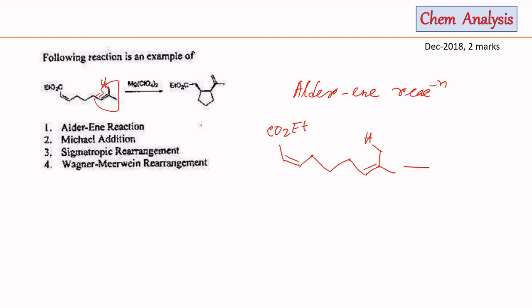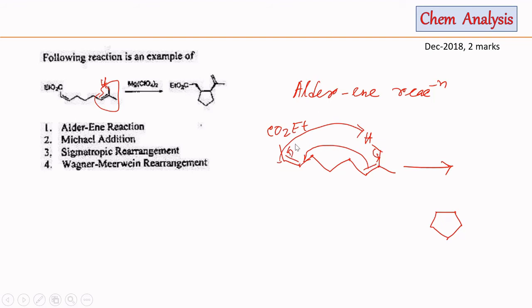The reaction is happening like this: this double bond can attack here, here will be the opening of the double bond, here will be an anion, and that anion can abstract this CH bond, and there will be breaking of the CH bond, here will be formation of a carbon-carbon double bond, and due to attack of this double bond at this center, there will be formation of a 1, 2, 3, 4, 5-member ring,